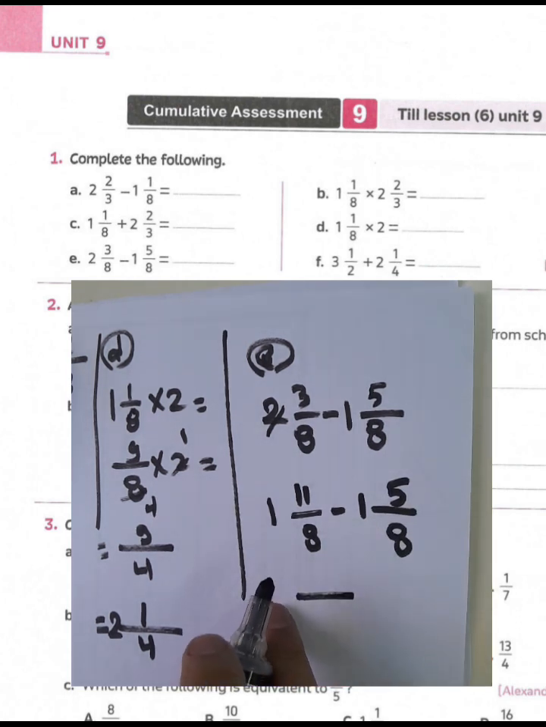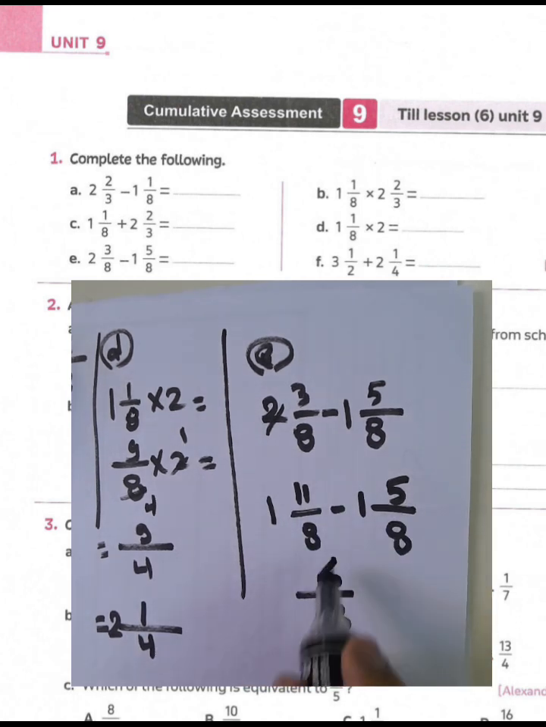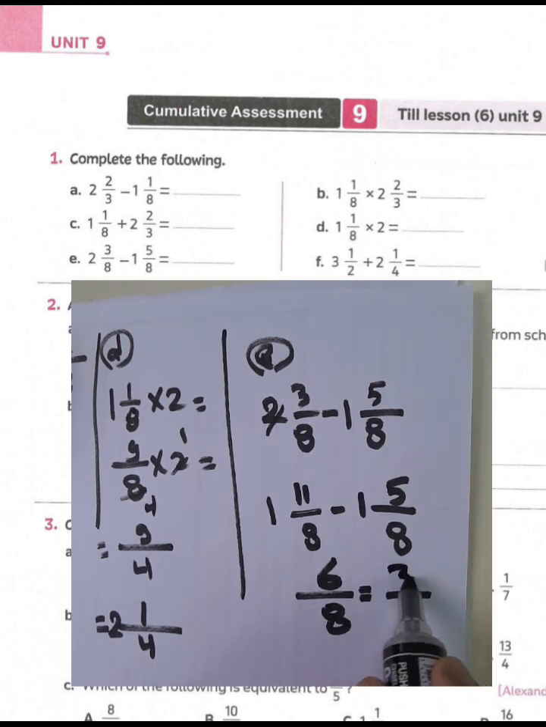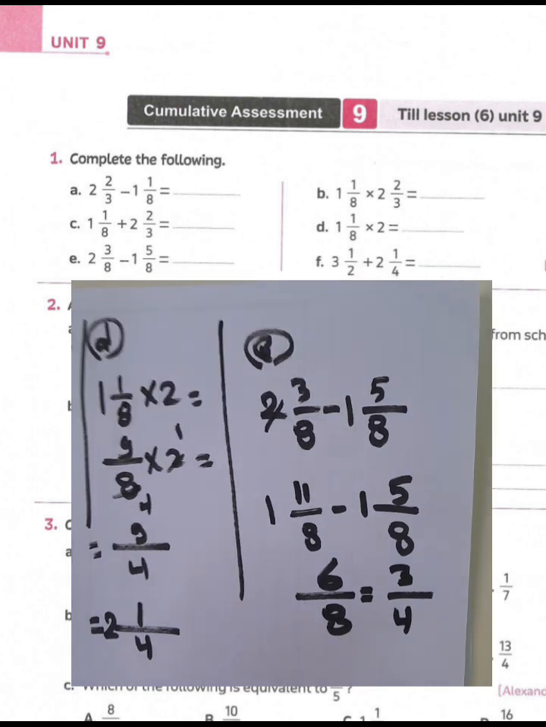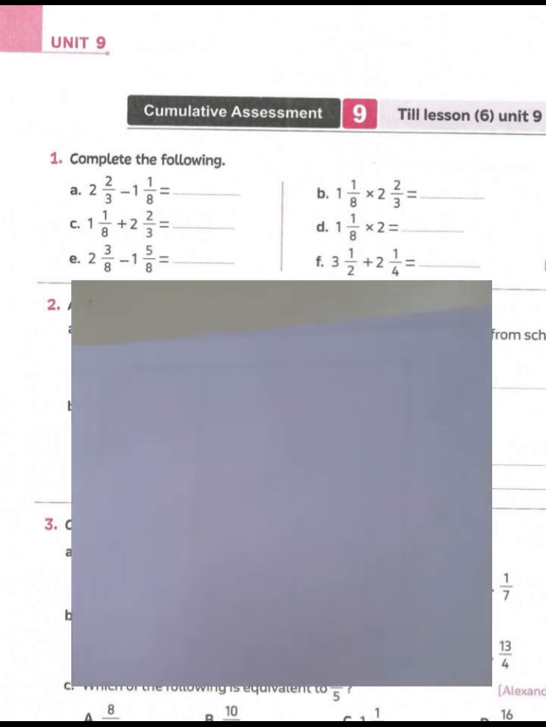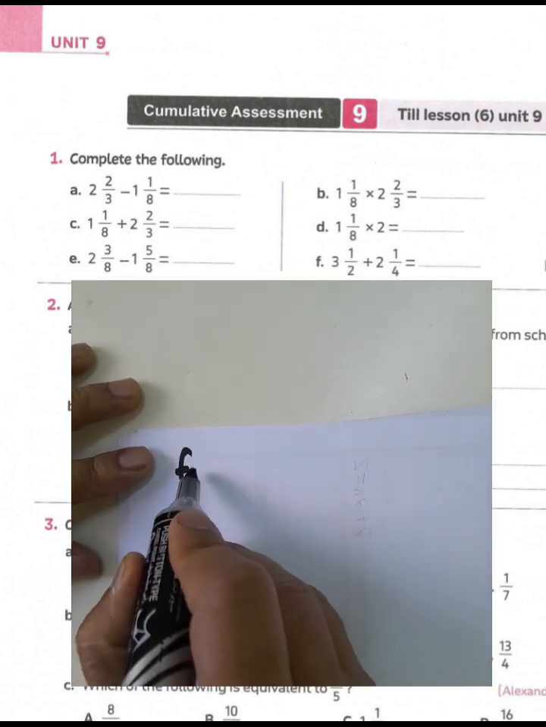1 minus 1 equals 0. Don't write whole numbers here. And write 8 in the denominator. 11 minus 5 equals 6. 6 over 8, you can simplify it by dividing the numerator and denominator by 2. 6 divided by 2 equals 3, and 8 divided by 2 equals 4. Next example, letter F. We have